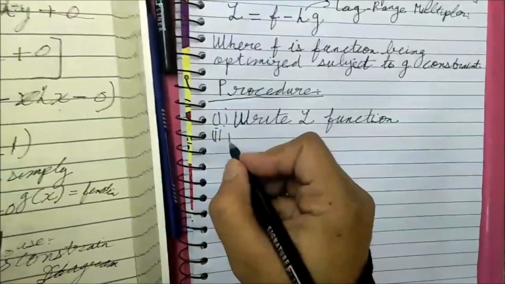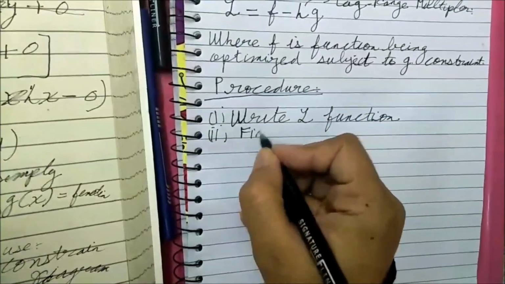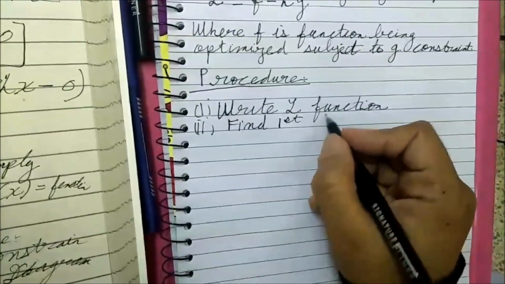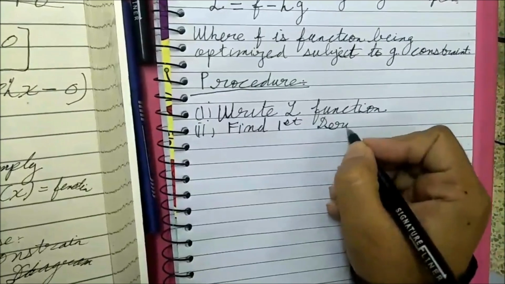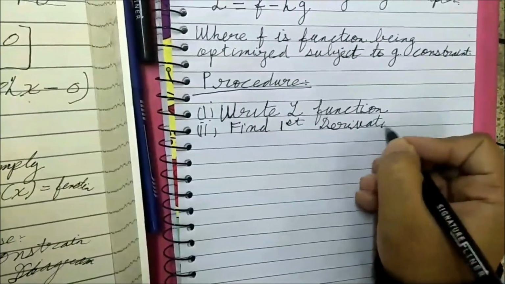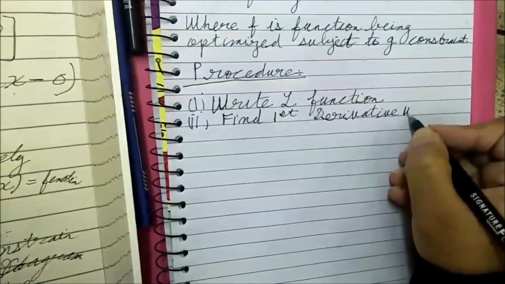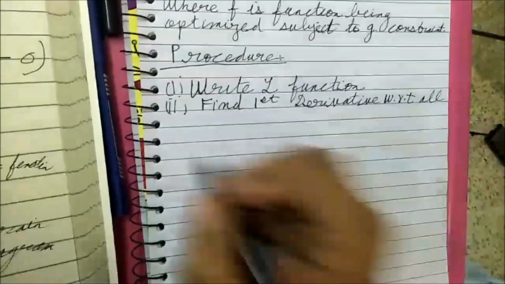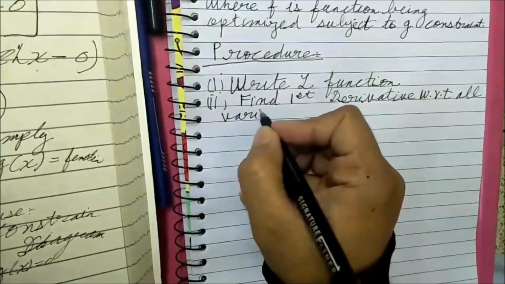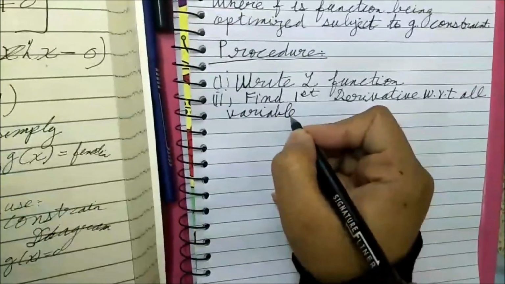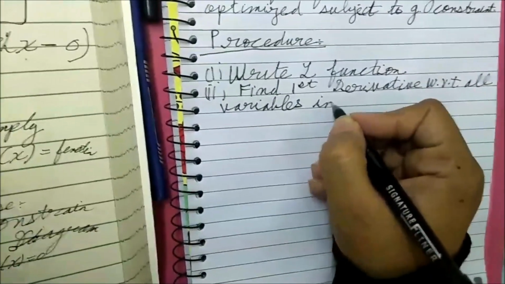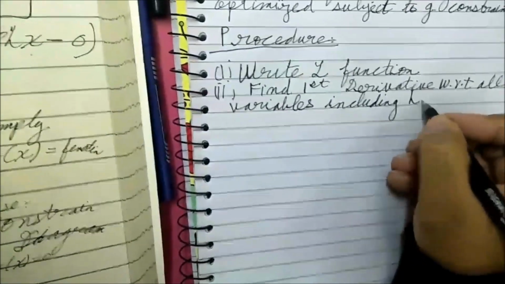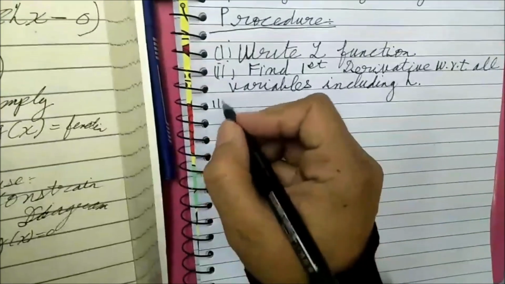Number 2, find the first derivative, which can be written on all variables including lambda. Number 3 step is